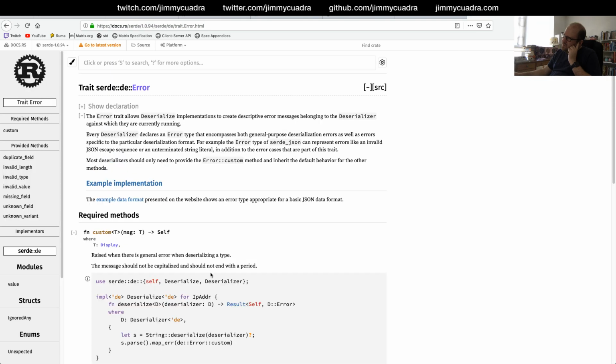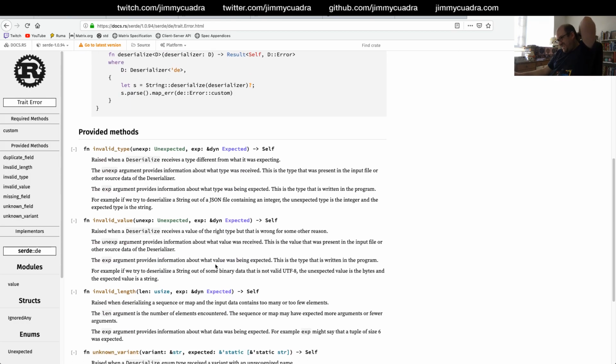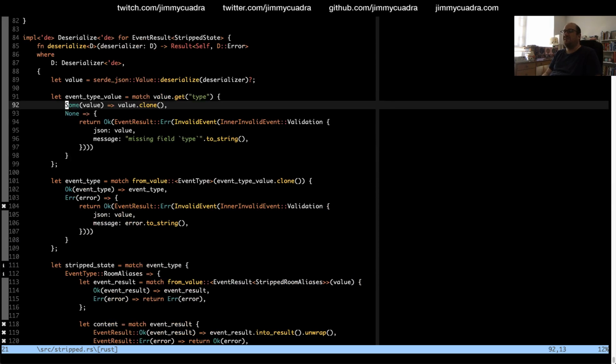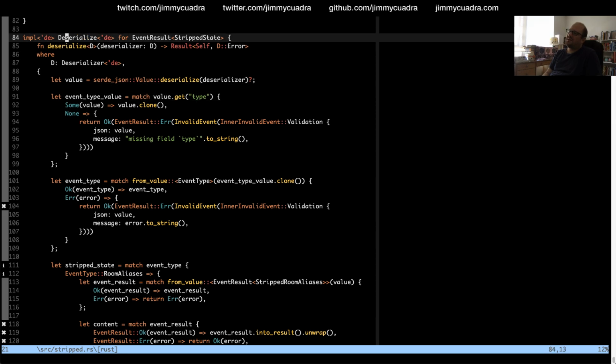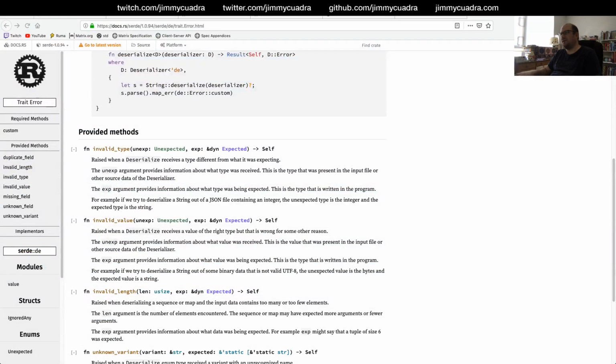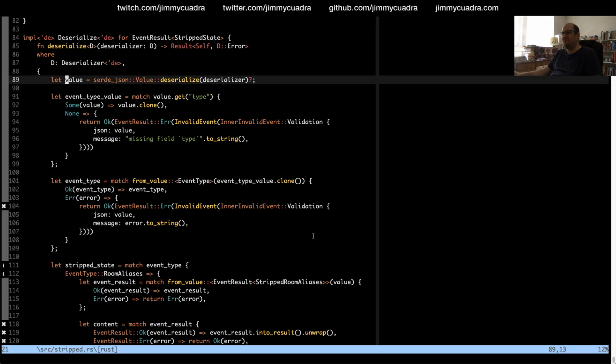But in this case, this deserialize implementation is not specific to JSON, and hence I can't return a JSON specific error, even though I happen to be assuming JSON about the incoming data. So I guess I just need to do a custom version of it.